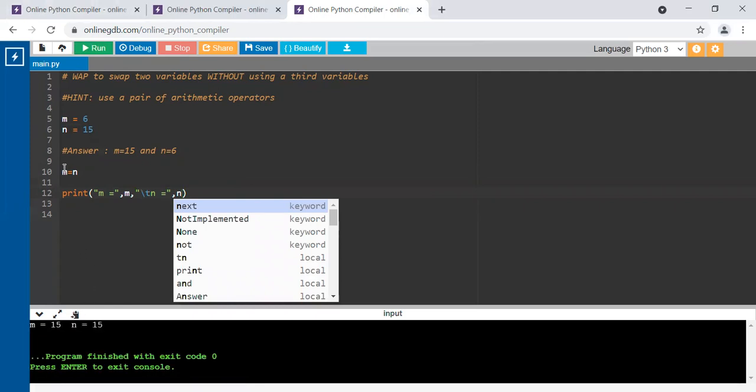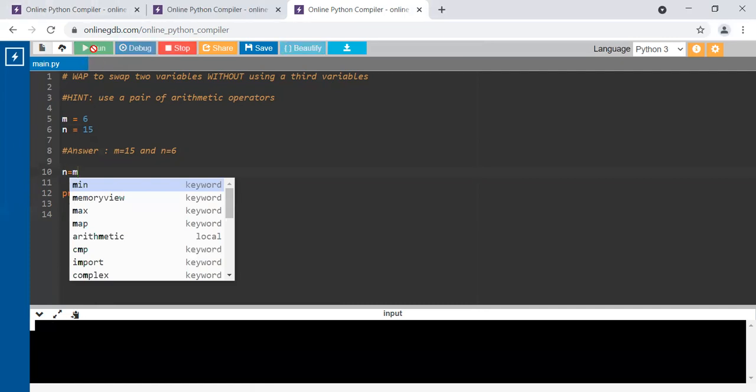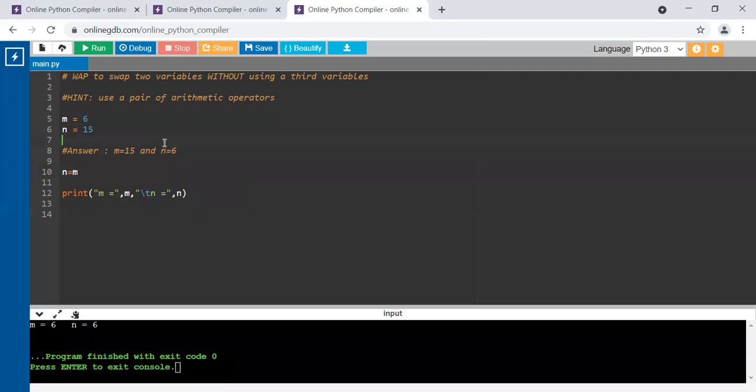So it's the same. And even if I do it in reverse, it'll be the same thing. Both will have 6 as an answer. So here swapping did not happen. Instead, we are losing data. We are losing one of the values of a variable. So definitely this is not the way to do it.